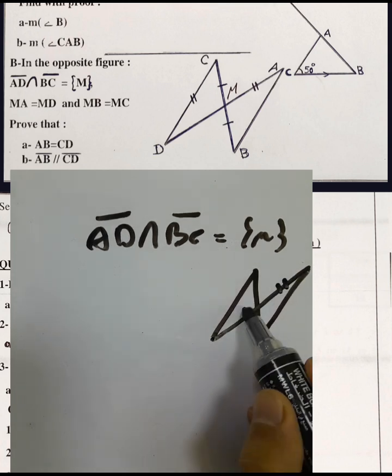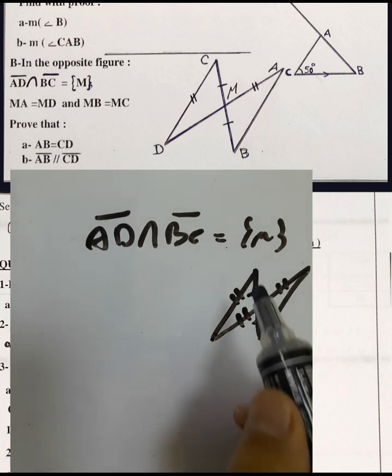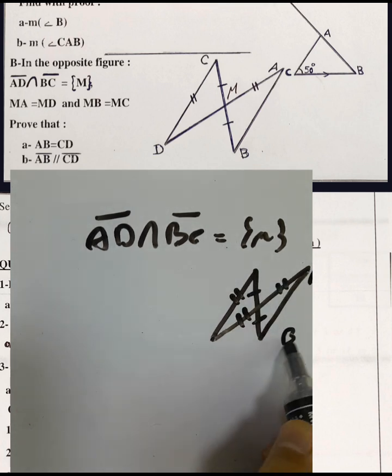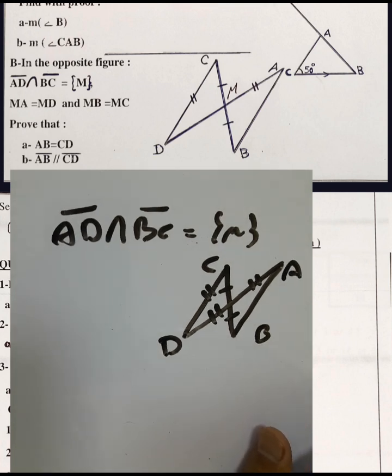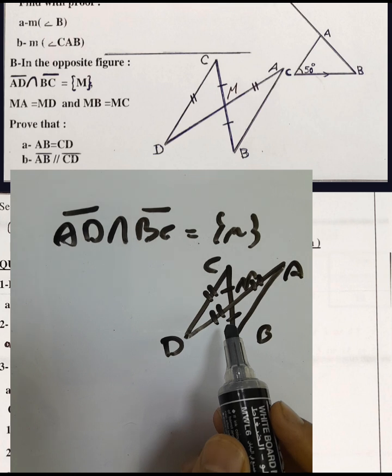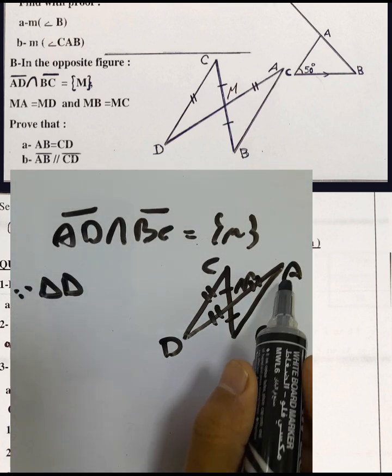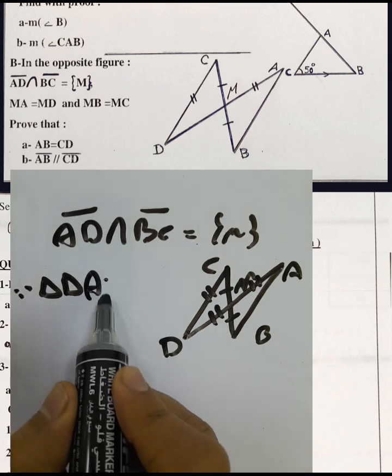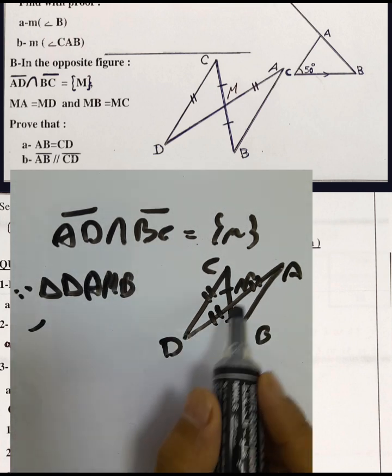We have two sides equal here, this side and this side. We have A, B, C, and D. And this point was M, such that in the two triangles AMB and DMC,